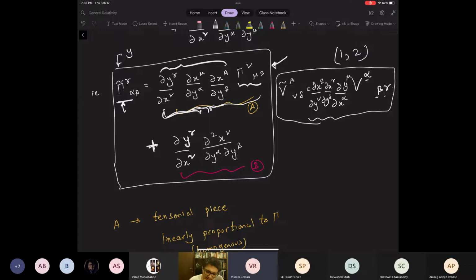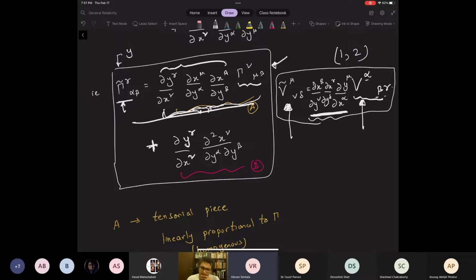The first part is a linear tensor transformation rule, which means the new components of the tensor are made up of linear combinations, because at each point this is a number, and this number is a coefficient of some old tensor coefficient. So you're taking some linear combination of old tensor coefficients and reorganizing them